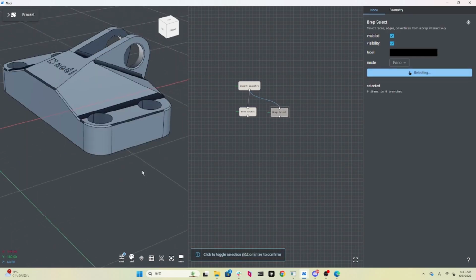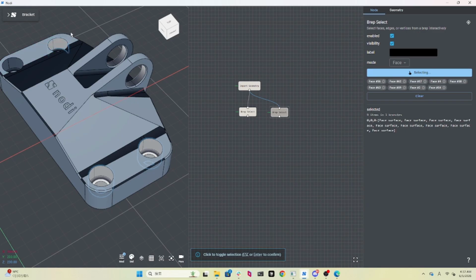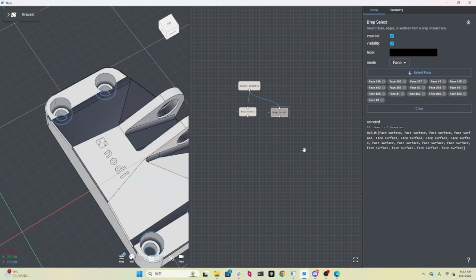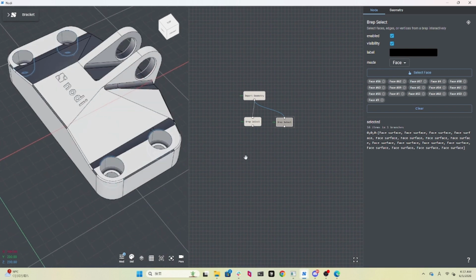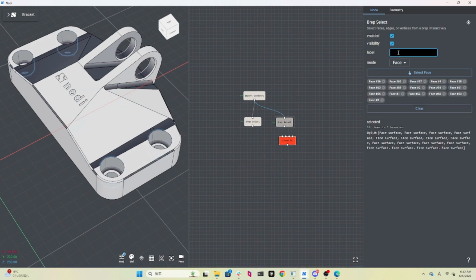off. To pick the surfaces where the load will be applied, we use a BREP select node in face mode and click the inner cylindrical faces of the two lug holes. To define the mounting surfaces, we use a second BREP select node and select all 4 bolt holes, labeling it